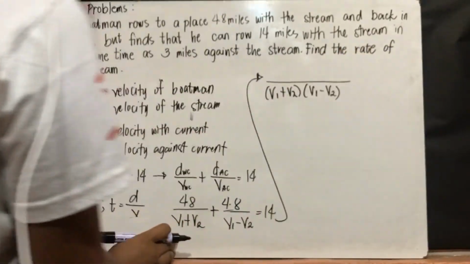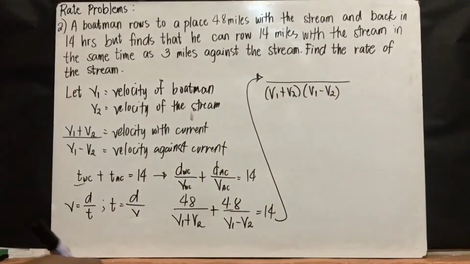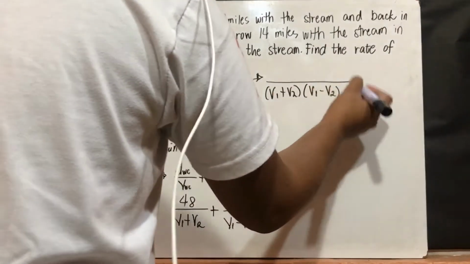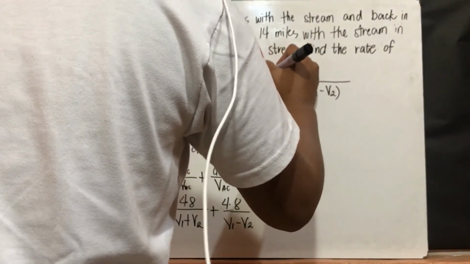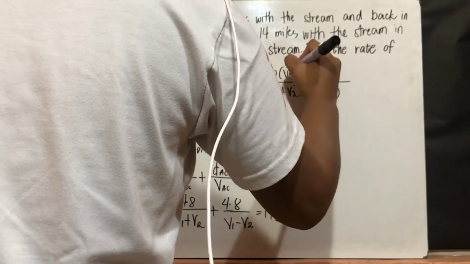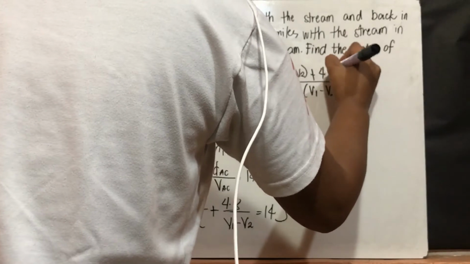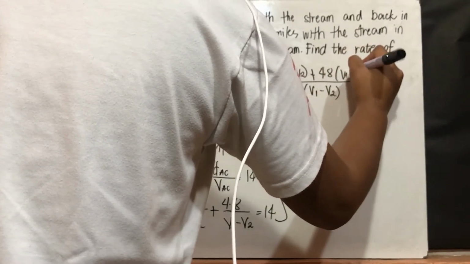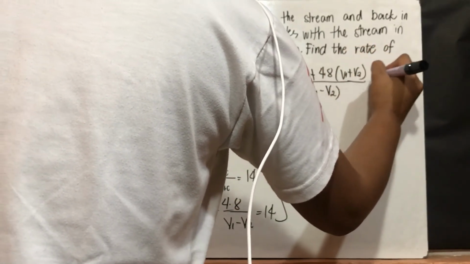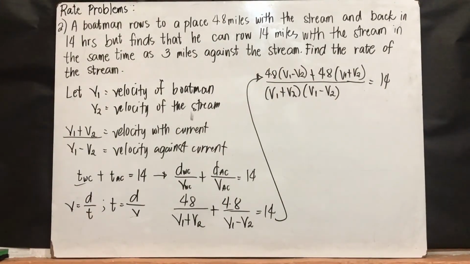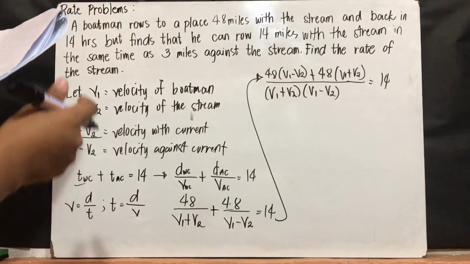And then, so, V1 plus V2 times V1 minus V2 divided by V1 plus V2 is equal to V1 minus V2 multiplied by the numerator. So, V1 minus V2. And then plus 4.8 times V1 plus V2 equal to 14. Now, let's simplify again. We have,